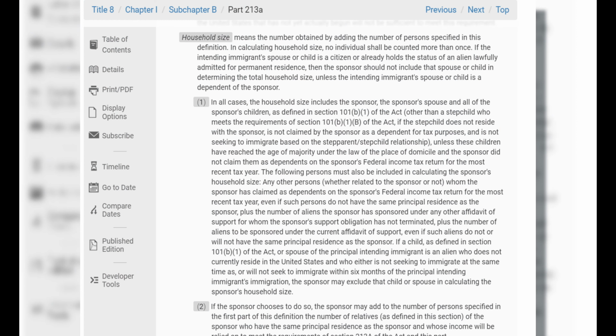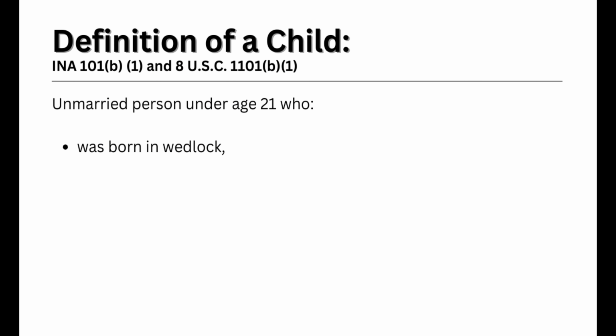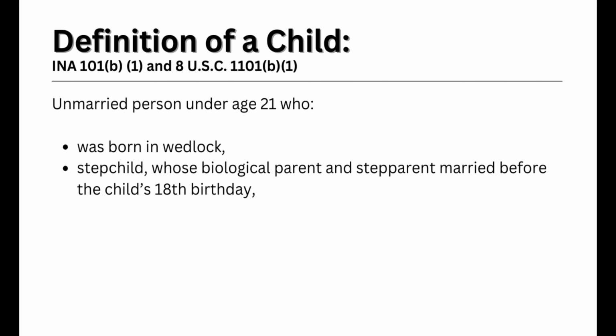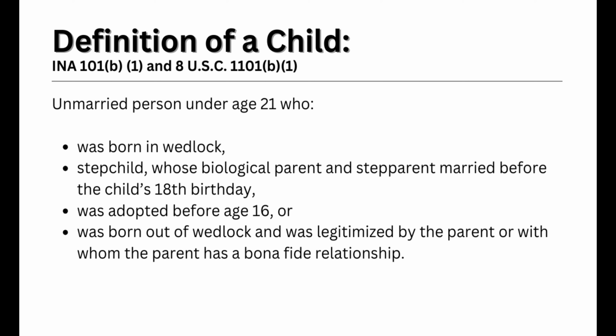According to the Code of Federal Regulations about the affidavit of support, the household size of the sponsor in all cases must include the sponsor's spouse, and all of the sponsor's children as defined by the Immigration and Nationality Act, with certain exceptions, which I will discuss in just a minute. So, according to the Immigration and Nationality Act, children are unmarried persons under the age of 21 who are born in wedlock, which means both the biological parents of these children were married at the time of their birth, stepchildren whose biological parent and step-parent married prior to the stepchild's 18th birthday, children who were adopted before age 16, and children who were born out of wedlock who were legitimized by the sponsor or with whom the sponsor has a bona